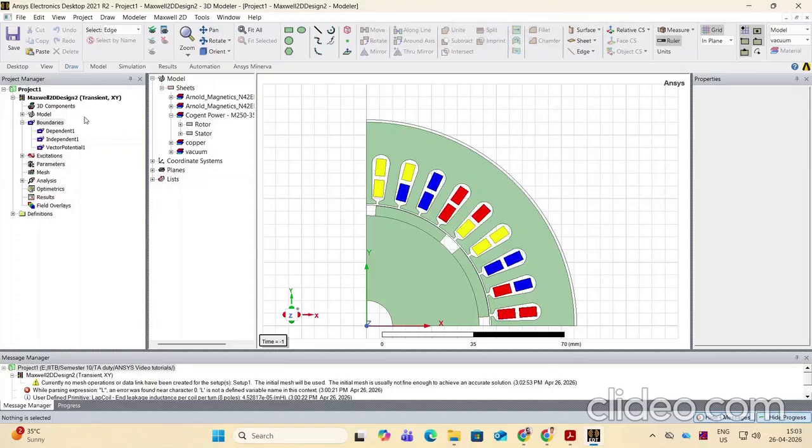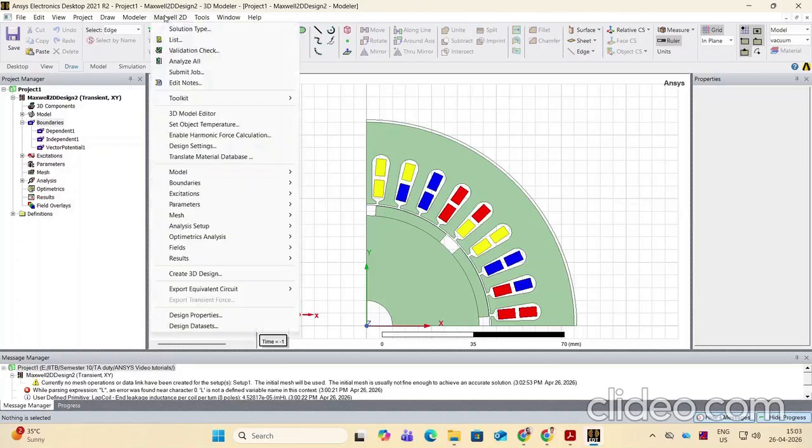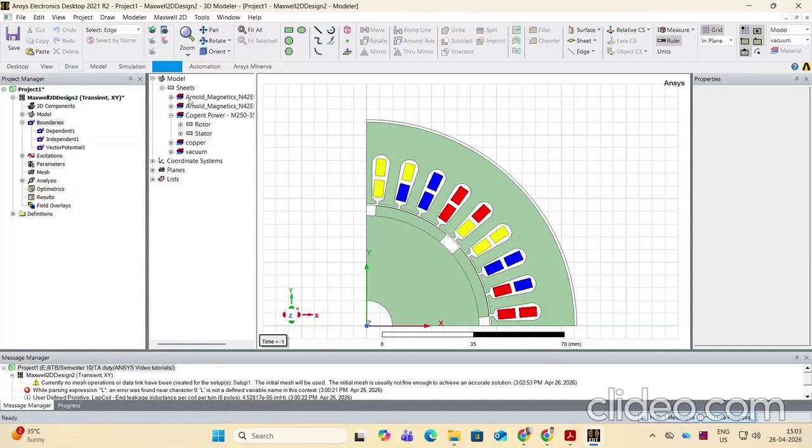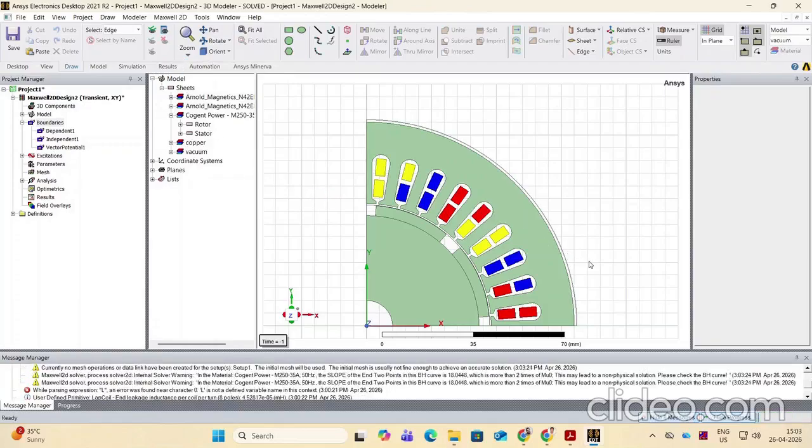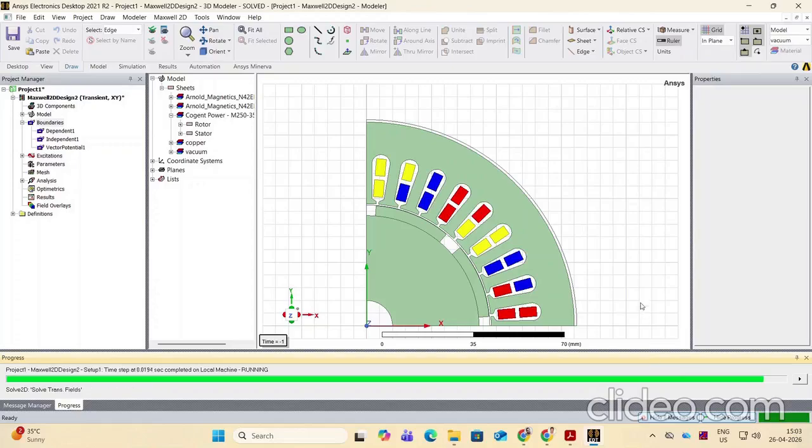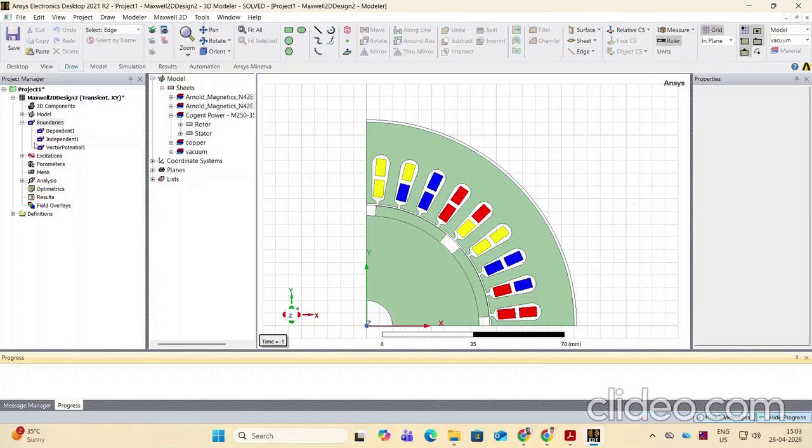So first, we need to save this. Then we should go to Maxwell 2D, analyze all. So you can see this progress is being shown. Click on the progress, you can see the progress. Okay. So as you can understand, no stator excitation is assigned,